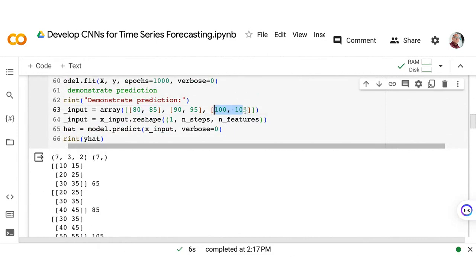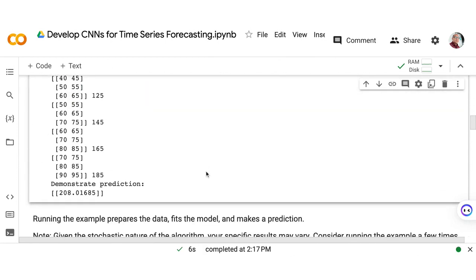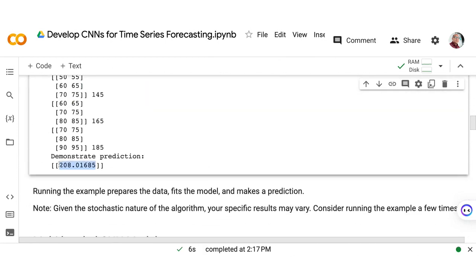It should be 205, that's the total of 100 and 105. So, lagpas tayo ng mga 3 points. We are over the expected output. So, this is the demonstrated output for our prediction. We have 208.